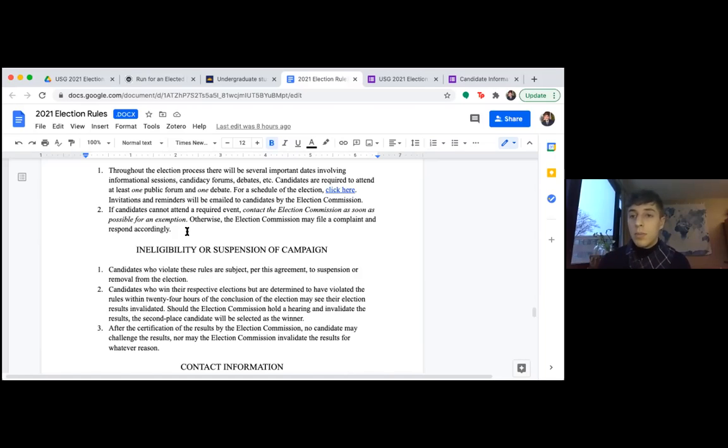We've had people drop out for whatever reason, and that's perfectly fine. We've had people decide to go for an appointed position, and that's fine too. But we need to know so that we can make sure you're not on the ballot if you decide to do that. And part of that is making sure you're attending these events and being visible to people. These events will also be important considering we don't have those in-person opportunities like we have in the past.